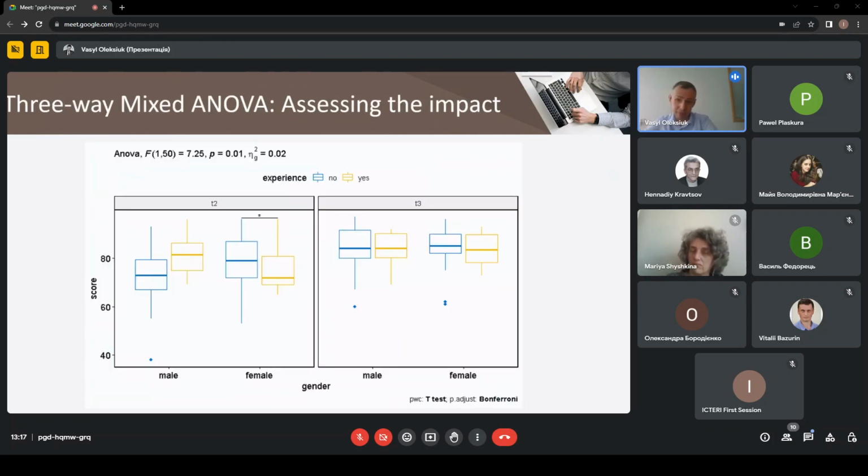The last outcome can be visualized using plots of academic achievement score by gender, colored by experience, faceted by time. Having analyzed these plots, we can state some additional outcomes, such as medians indicate an increase in student scores from the second to third stage of the study. This was observed for all groups of students: men, women, with or without experience.